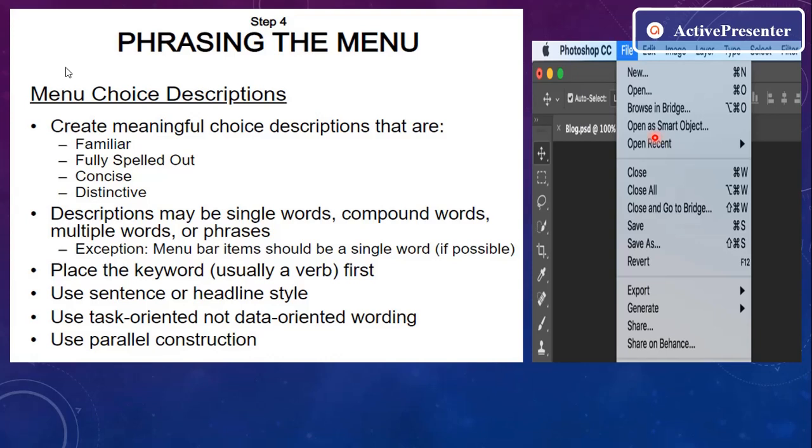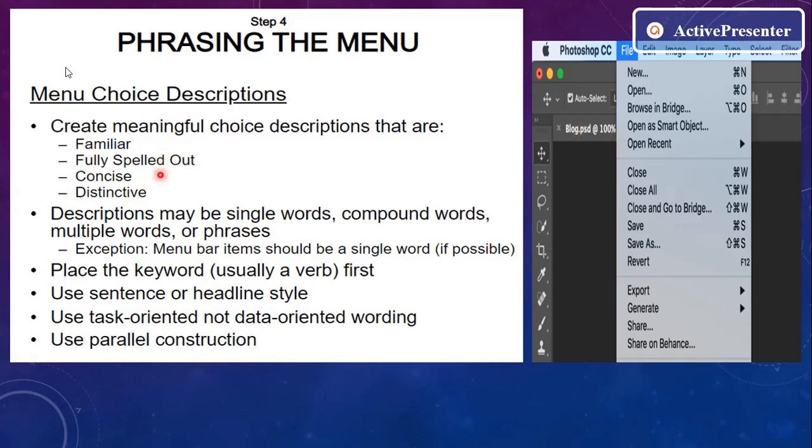Menu choice or menu item descriptions should be very familiar and also fully spelled out. For example, here you have New, Open, Close, Close as, Close all, and Save as. These are very simple words, very familiar to the users, and they are fully spelled out.